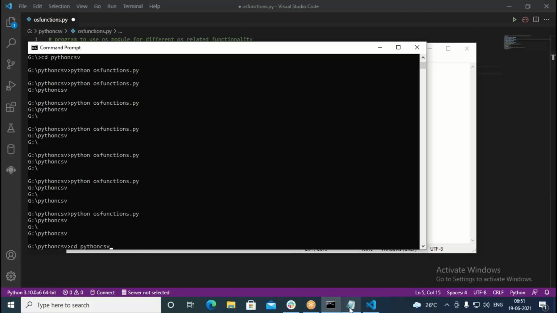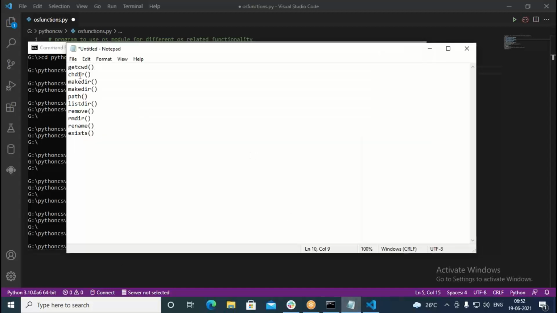For that, what command do we use? We use chdir. With the help of chdir, we move into the concerned folder. But getcwd can give you the current working directory where you are executing your files. And using chdir, you can change directory, like how we do in the command prompt. In the command prompt, to change the directory you type cd. But here in Python, it is actually the chdir function. With the help of that, it changes.